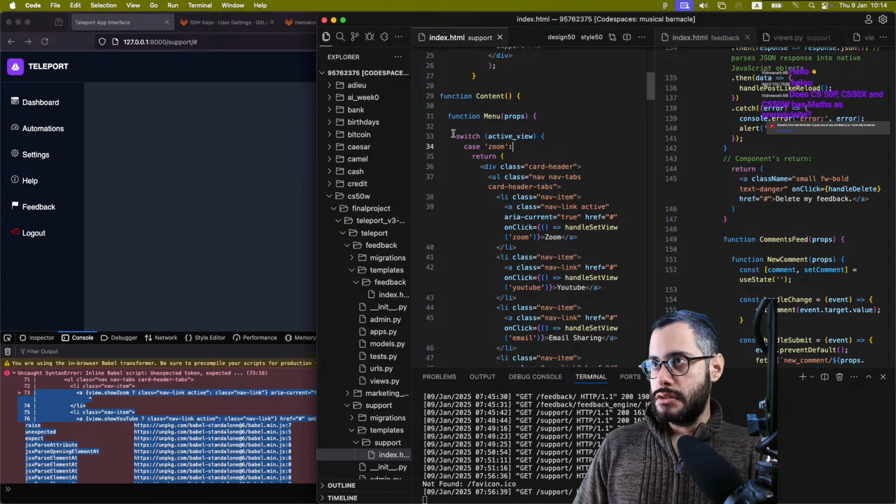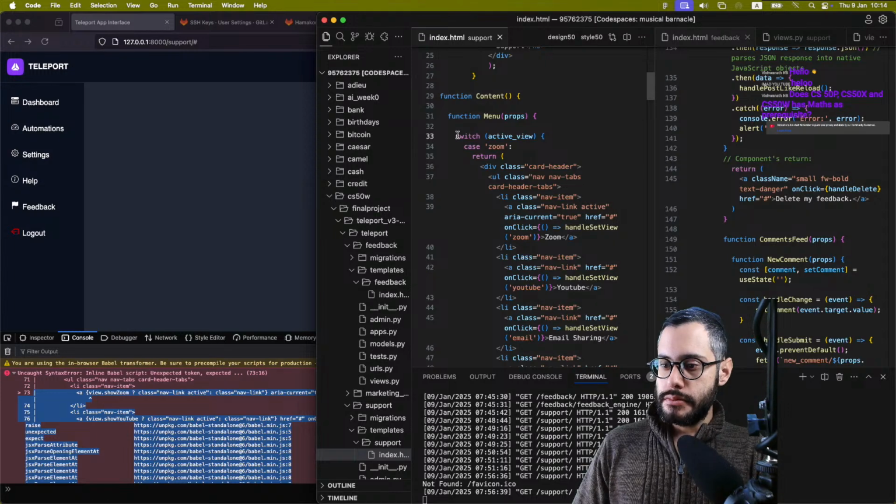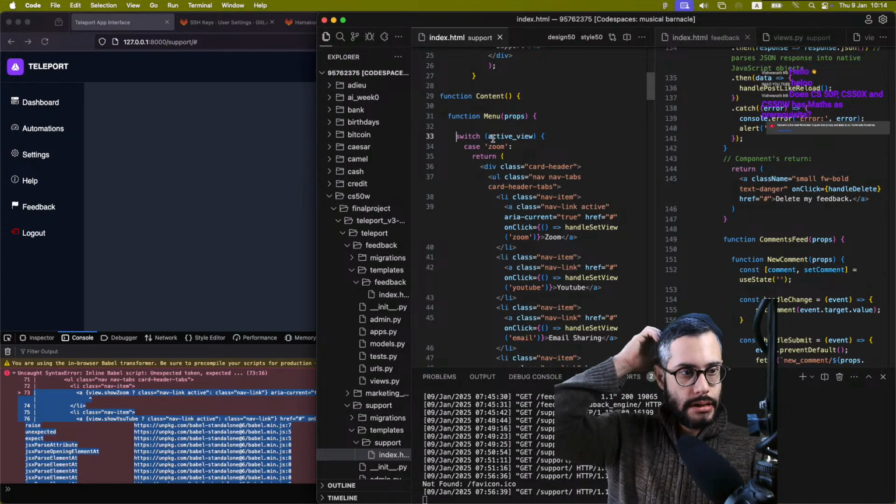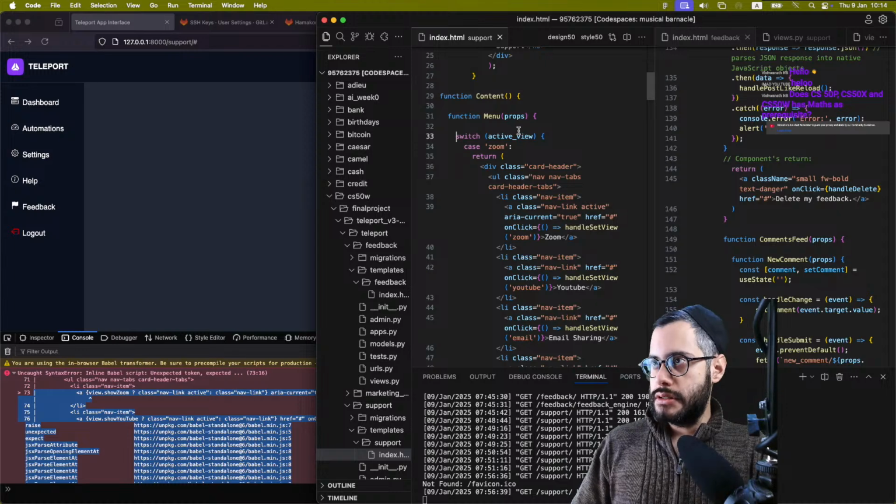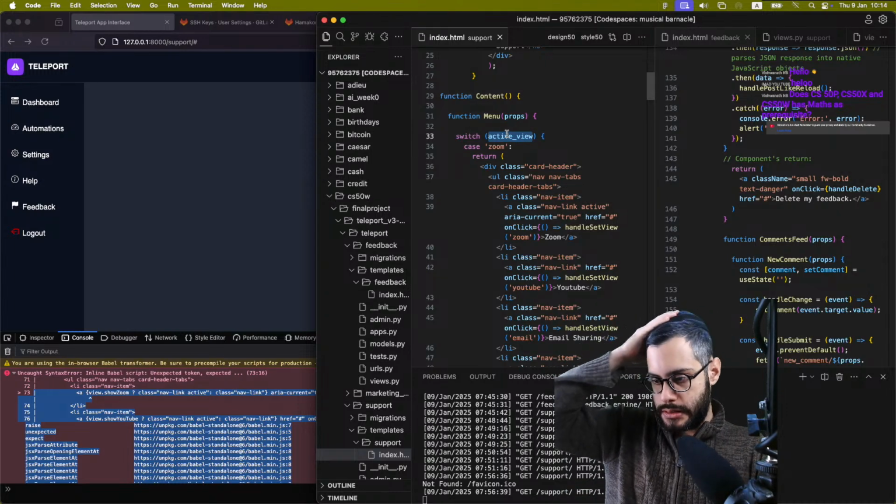I guess it would just call switch. Switch is not really a function. I'm not understanding here. This is an if else. Think of it as an if else. So then switch doesn't need that, it's not a function. I don't think. Let me see in the